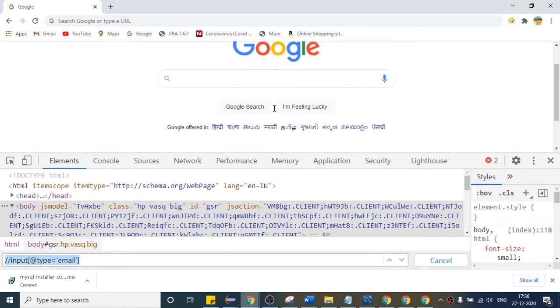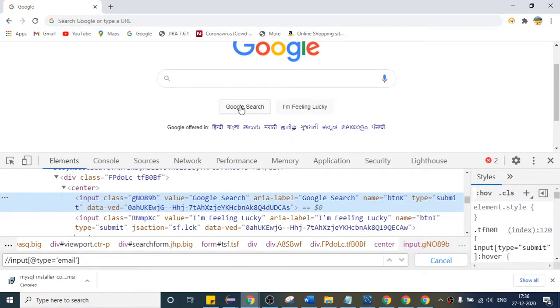Here if I right click, if you try to get the text of this Google search box using getText, you are not going to get this text, because this text is present somewhere here. So if you want to get the text of this box, you have to use getAttribute, this one, right? So getAttribute is already discussed. So what else can we see?